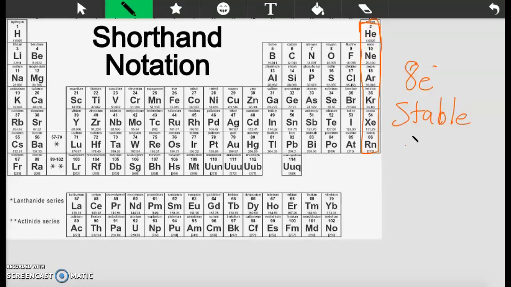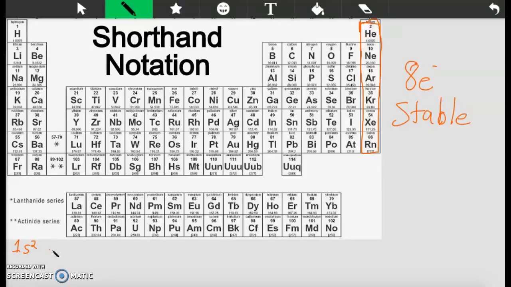So just like you guys have your abbreviations for things, scientists use these noble gas configurations as abbreviations for the configurations that come for these bigger elements. So we're going to pick a fairly big element and go from there. So let's do one of the bonuses from your test. We had bismuth, so that would be